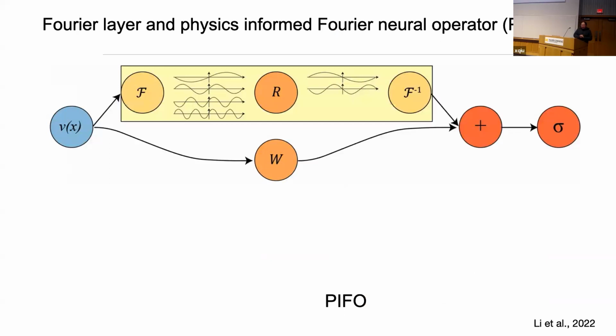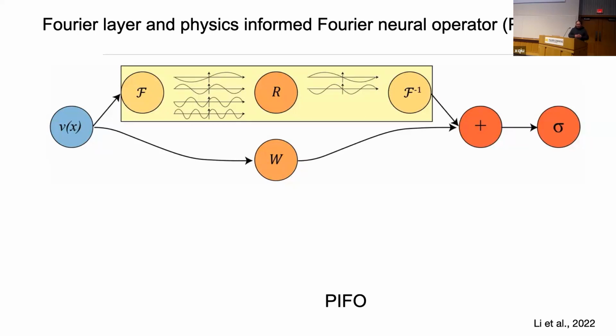So then I dug deep into the depths of the literature and identified this method. This is a very mathematically complicated approach, but here I'm not going to go into all the technical details, but just show you the bigger picture ideas. So this method, the physics-informed Fourier neural operator approach, starts with the measurement of gene expression. This is a general framework, but in this case, we can assume the input is gene expression V over the space X. And then you can first go through a Fourier